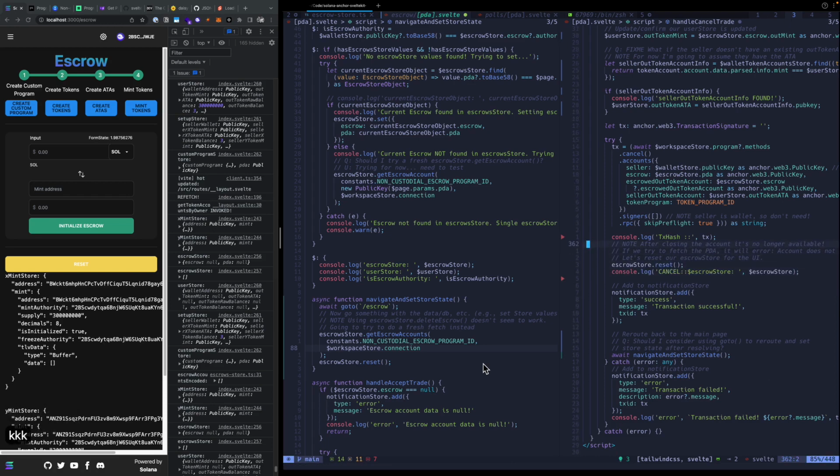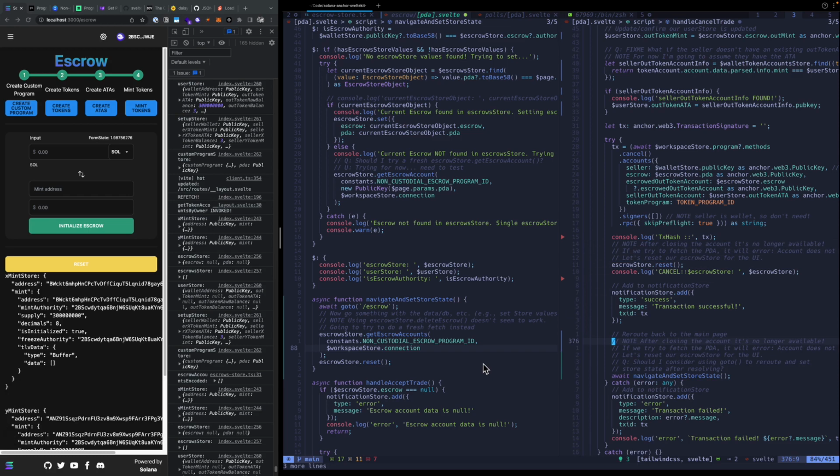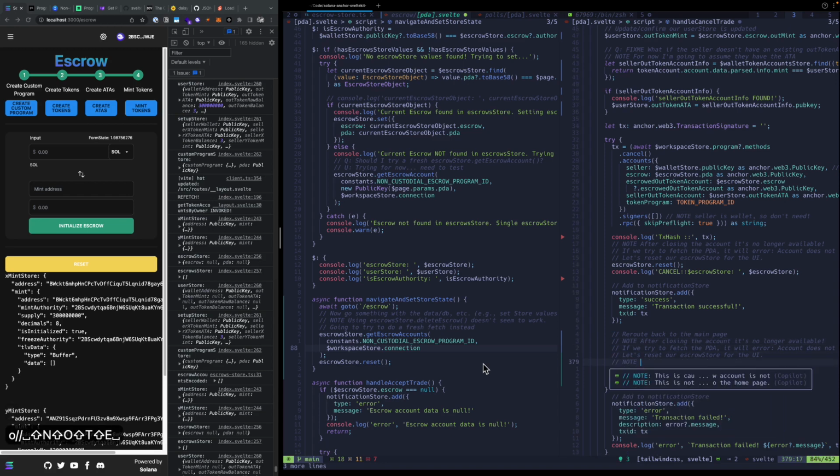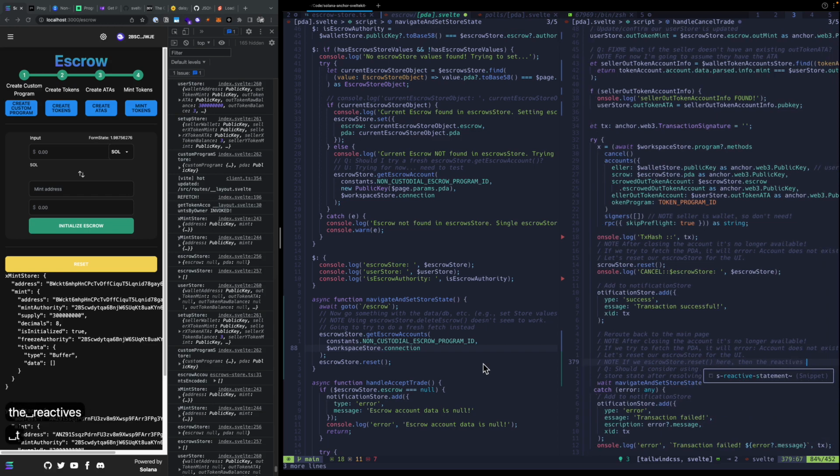I'm not going to do note after closing accounts no longer available. If we try to fetch the PDA, it will error. Also note if we escrow store reset here, then the reactives trigger